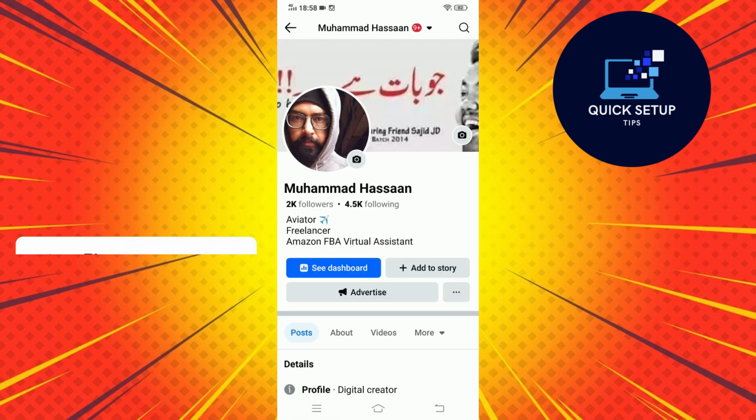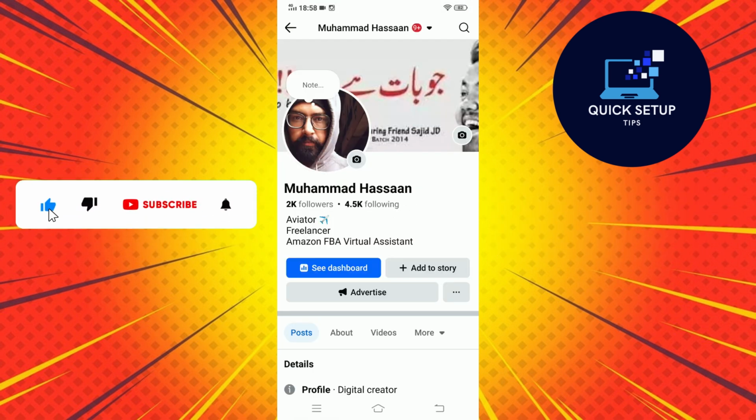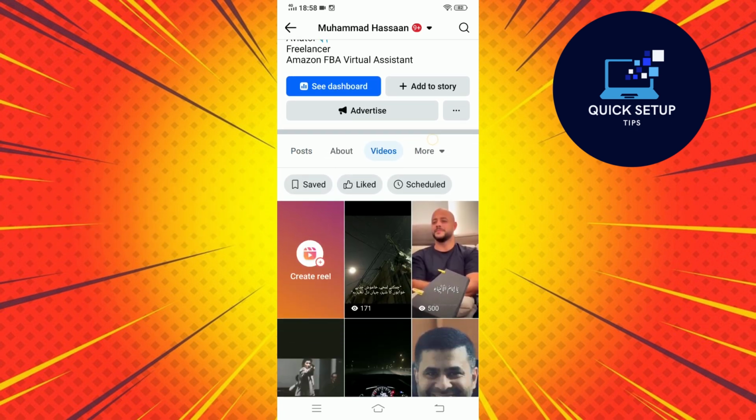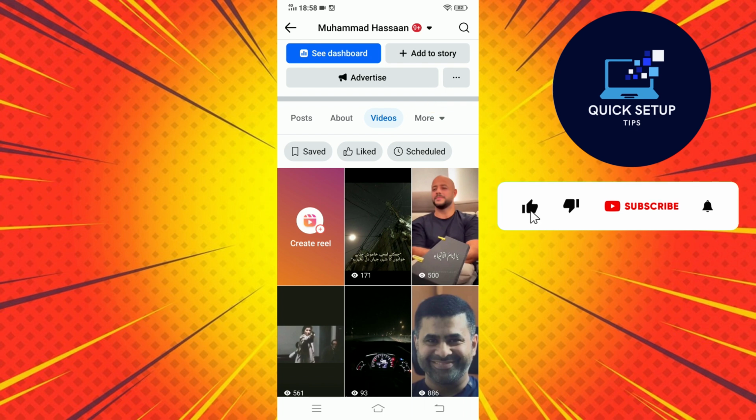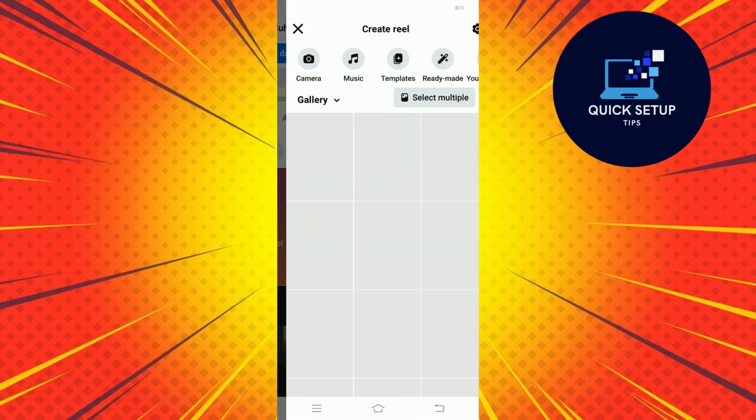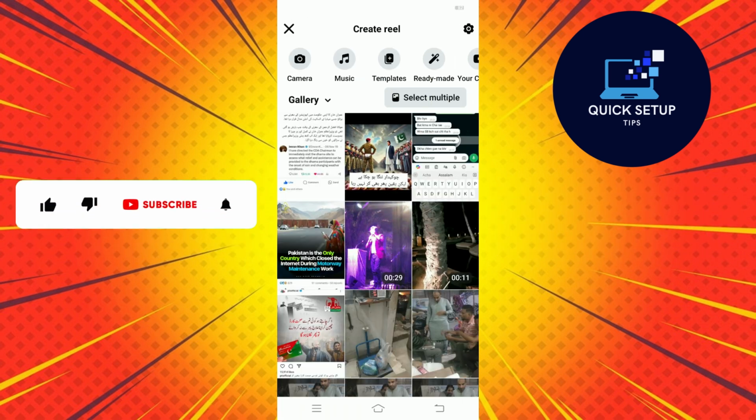Next, scroll down and tap on the Reels option, located below your profile picture and bio. You'll see all the reels you've created so far. At the top of the Reels section, tap on Create Reel to start a new one. Now, you'll be taken to your device's gallery, where you can select one or more photos and videos for your